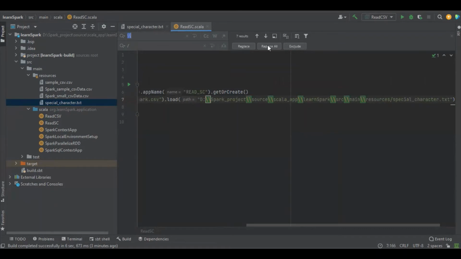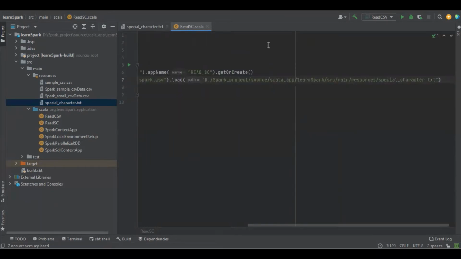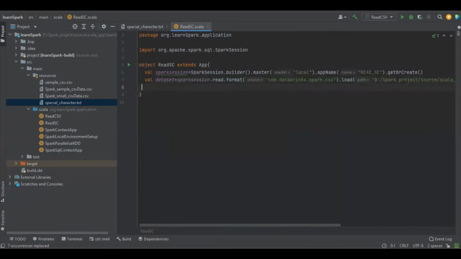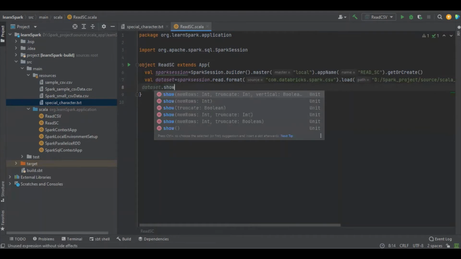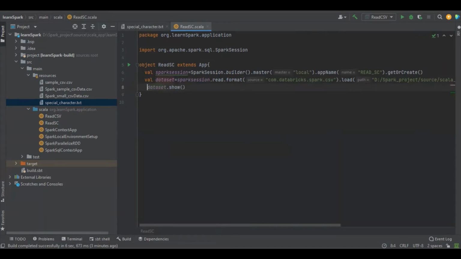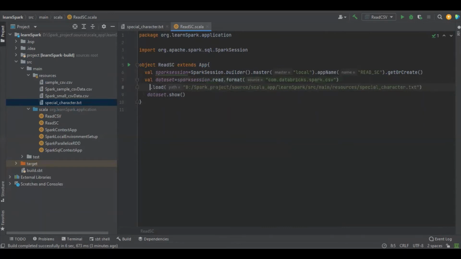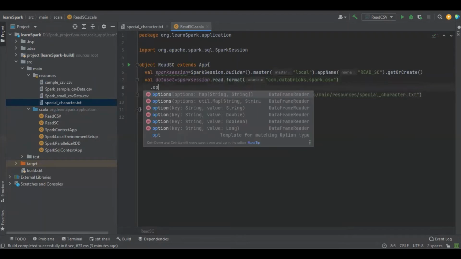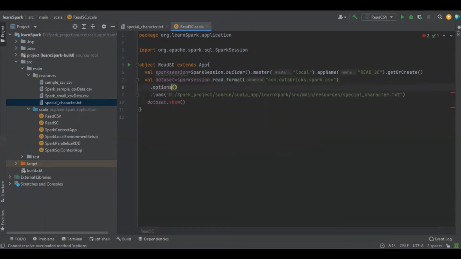And I need to replace all these files. Yes, done. And we need to see the values of the dataset, so with the help of the show function, you can see. So now we have a custom delimiter, so we have to define what the delimiter is. The delimiter is pipe,